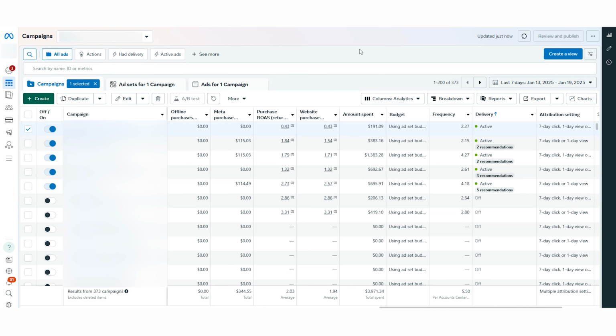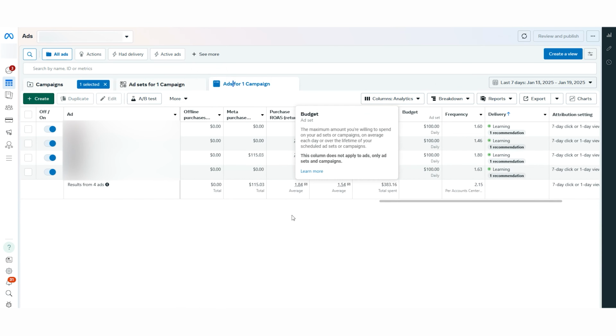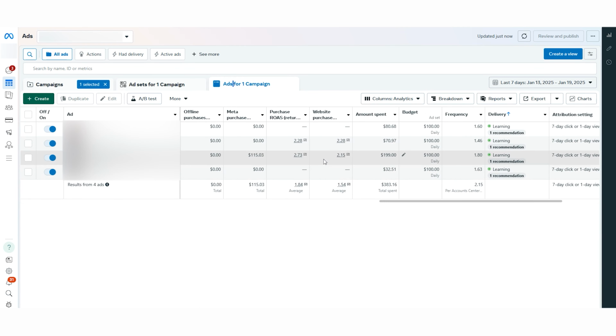January is always traditionally a good month, and still it's a medium good month, but not as good as I would expect. I think the reason is the TikTok immigrants that came from TikTok to start advertising in Meta. I do believe that when the situation is fixed and TikTok continues operating in the USA, we'll go back to normal numbers. It started pretty well, except the first weekend, but it slowed down. Now we have to see how we're going to optimize these campaigns in order to be efficient. Just a little bit of context.